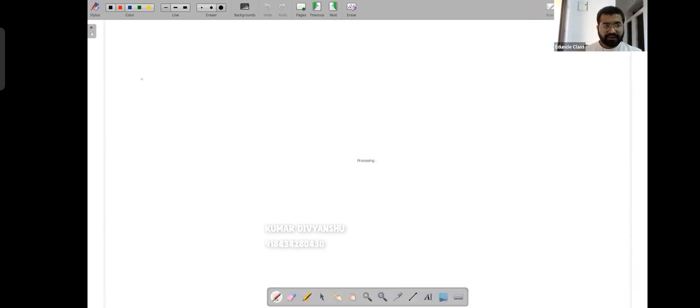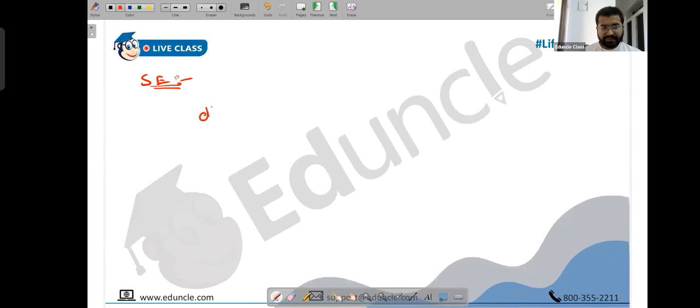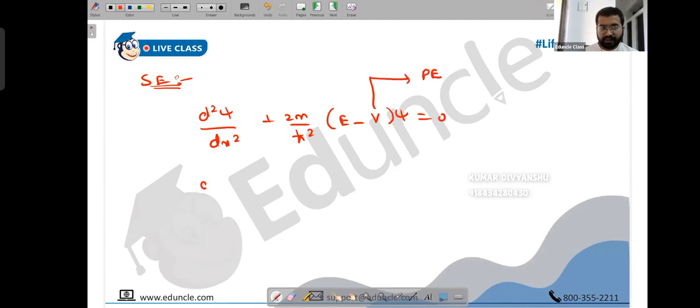Next. So what is our Schrodinger equation? The Schrodinger equation is d square psi upon dx square plus 2m upon h square into E minus V into psi, equal to 0, where V is actually potential energy. In the hydrogen atom, you denote it by U, but it's the same thing. So we have d square psi upon dx square plus 2m upon h square into E minus of